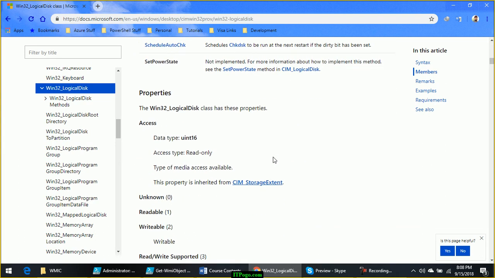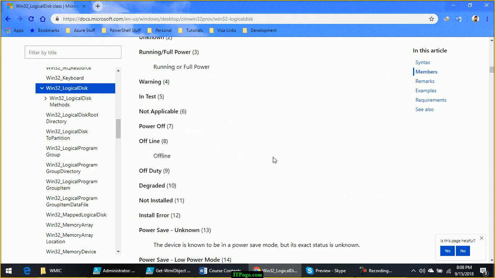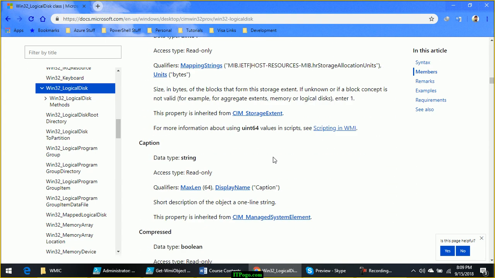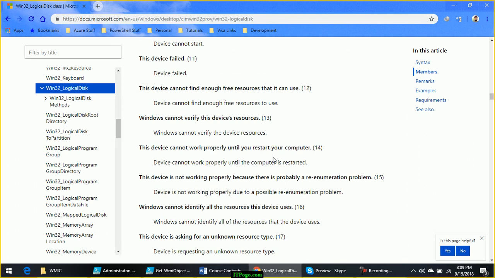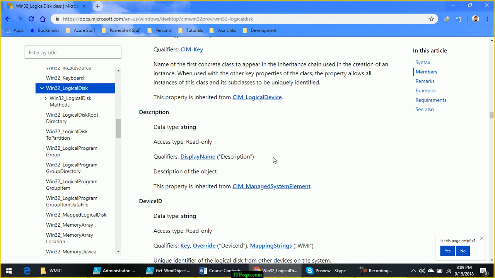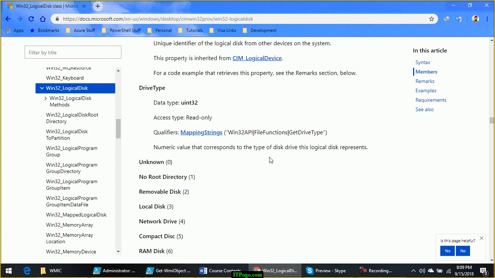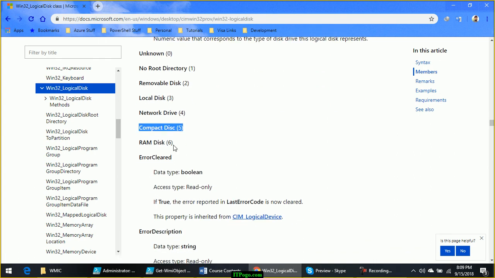So what was that? DriveType. Here you can check the meaning of DriveType. 3 means local hard drive, local disk. 2 means removable disk. 4 means network drive. 5 means compact disk. 6 means RAM disk. This is how you can interpret the numbers.